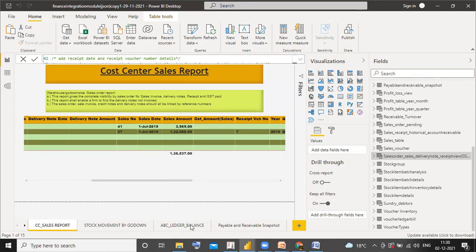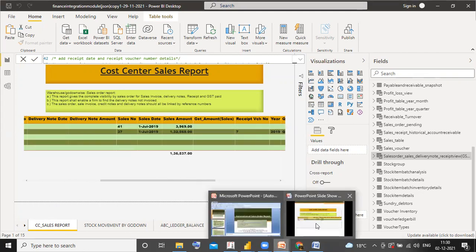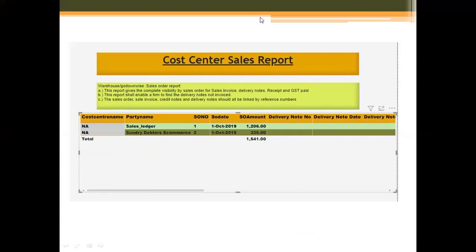Fantastic. And Amrita, if you can give me the control for a second, I will show you from where to take it up. Yes, sir, sure. Thank you, madam. So then I go here.